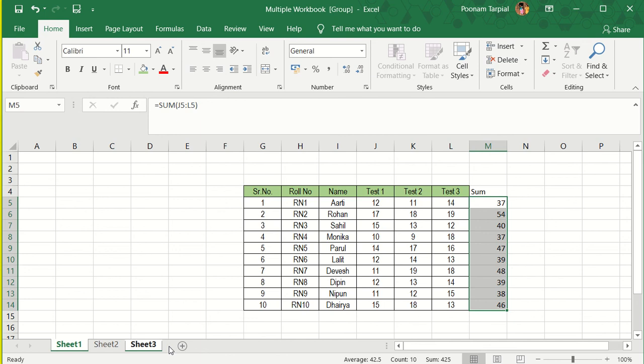If you don't want to apply the grouping function on all the worksheets, what you can do is press the control key from the keyboard of your computer or your laptop, whichever you are working on, and then, while the control key is already pressed, you will click with the help of your mouse on the subsequent sheets, whichever you want to group together, and then you can go ahead and apply this function.